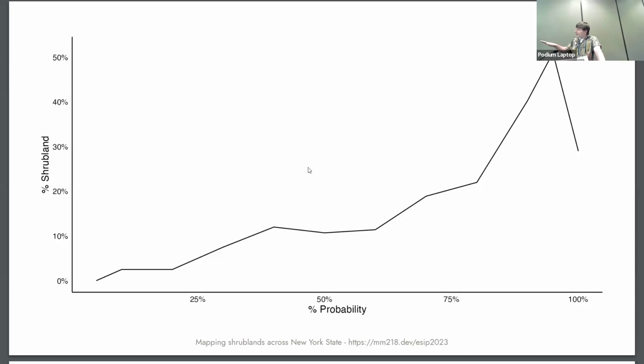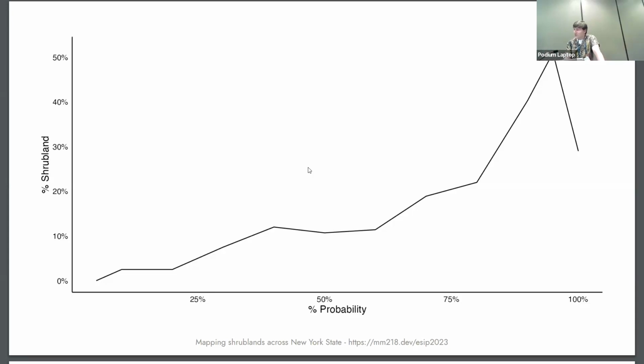But being able to use these high thresholds has been really useful for us because we're also not necessarily interested in individual patches of shrubland when we're trying to target management. As we're talking about areas that the state should work on conserving, should work on planting in, we want to look at larger agglomerations of shrubland. And so having a large area with high probabilities of shrubland is a really good indicator for our management activity. So this model's already been really helpful for us and our partners at the state in identifying those areas.